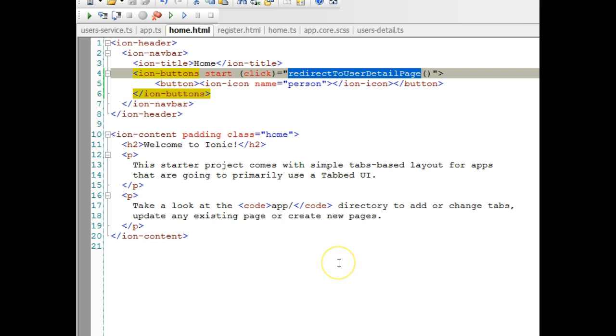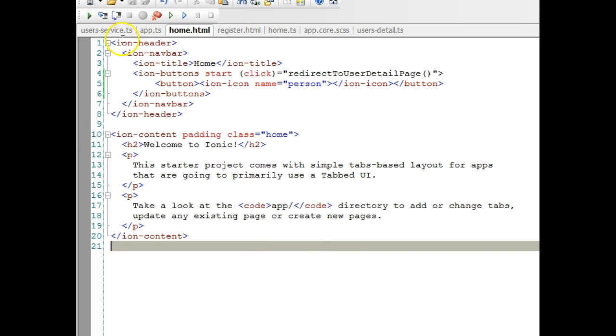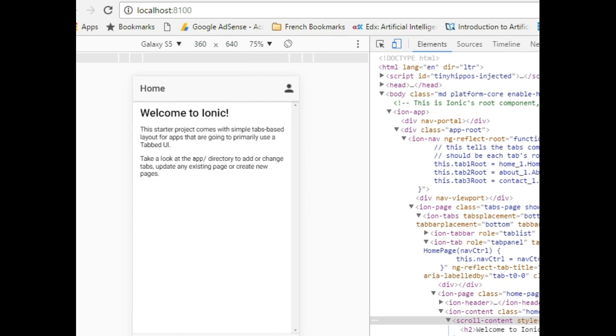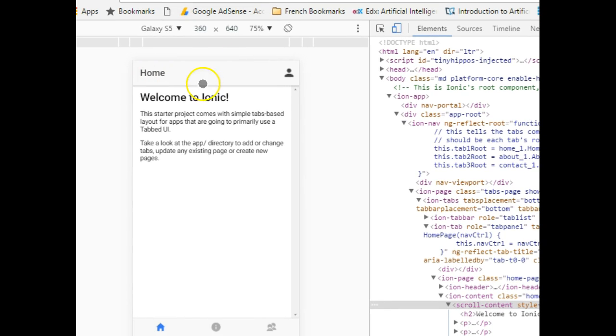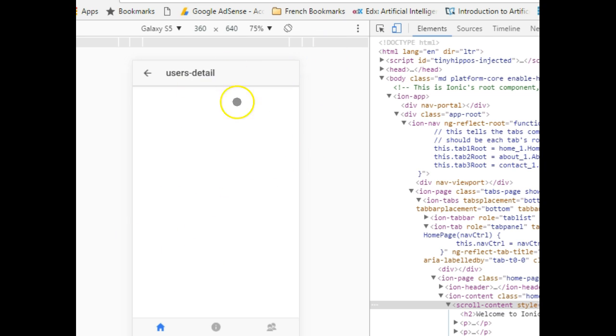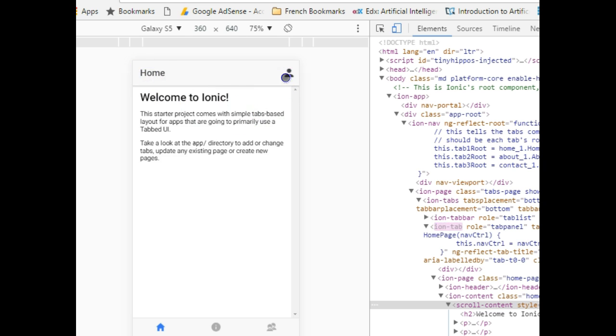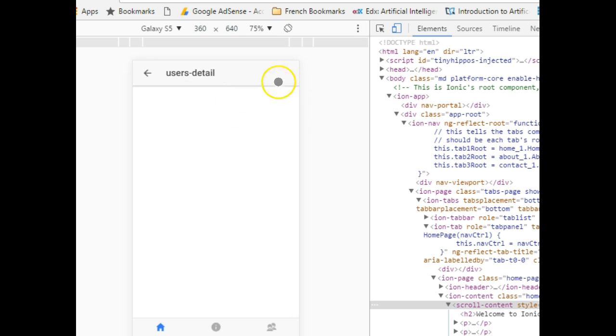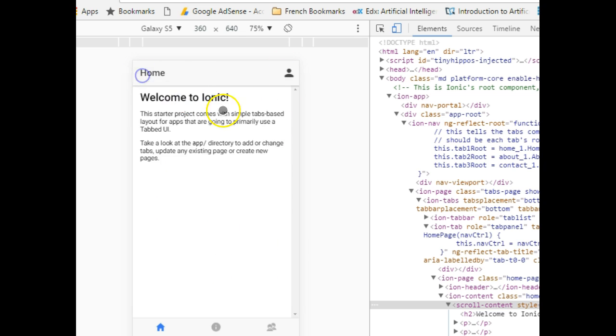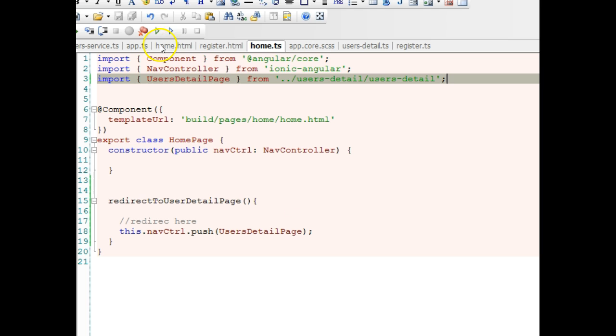What we want to do is to make sure that our logout button is inside the user's profile page. So we came to our home page. Remember our home page. Here on my browser, this is what we're trying to build. We want to put this icon on the home page so that the person can click it and get to their user details page. And then from the user details page, we can put a logout button somewhere in the page. So we get to our HTML page. We've created a function in our user service